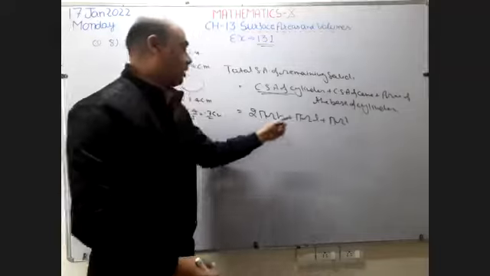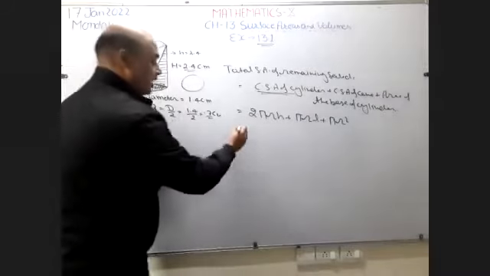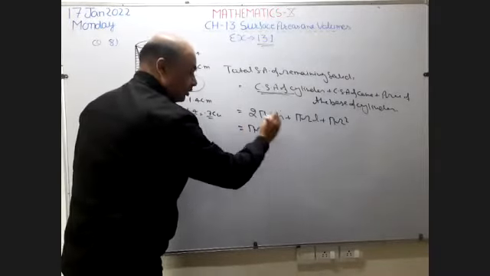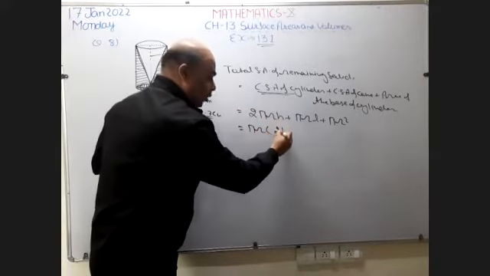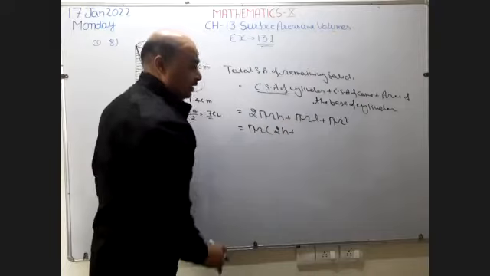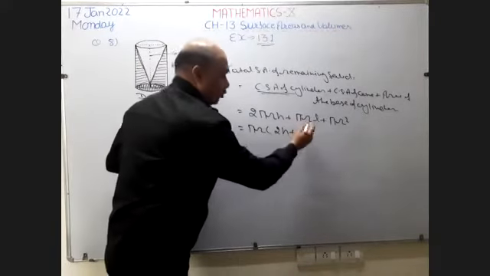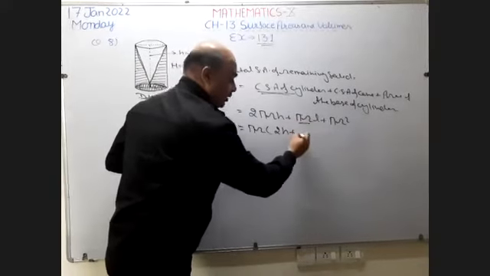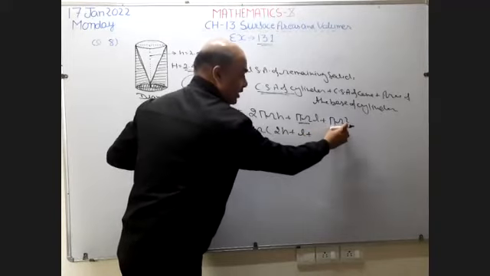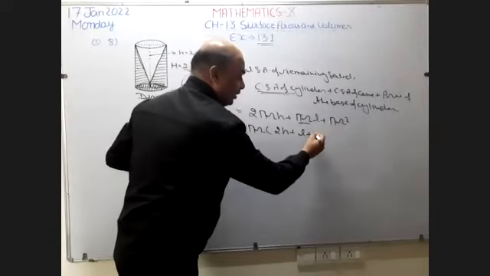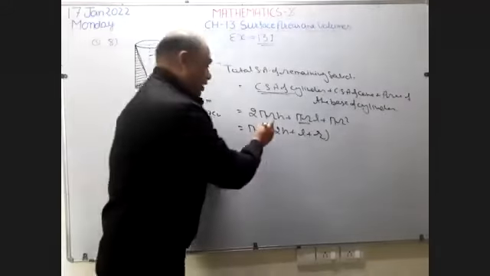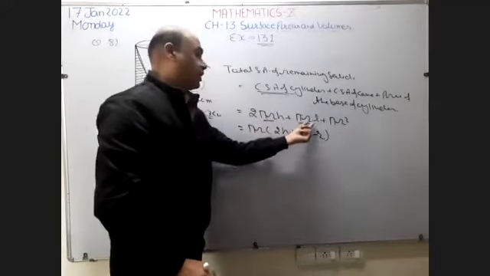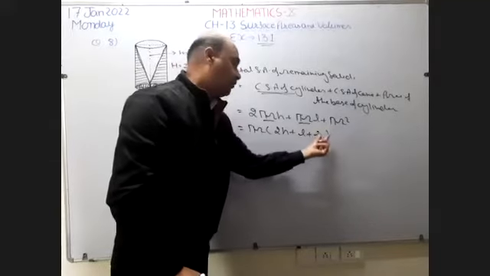Now what is common between all the three terms? Pi R is common. Take pi R common. When we take pi R common, what is left in the first term? 2h. After that, plus sign. What is left in the second term? L. What is left in the third term? R. So after taking pi R common, from the first term 2h is left, from the second term L is left, from the last term R is left.